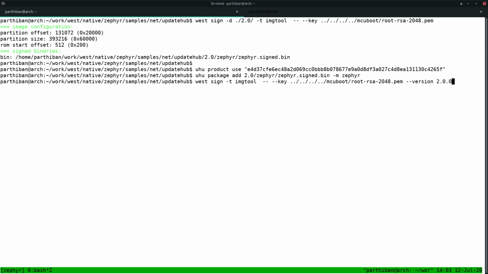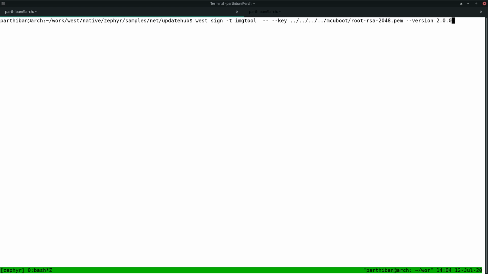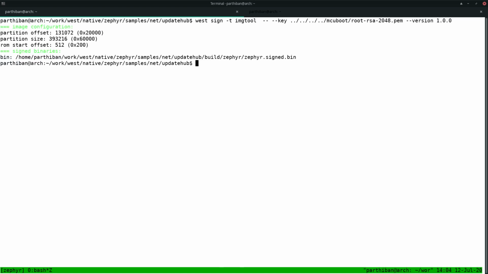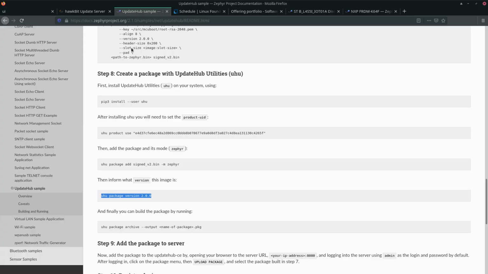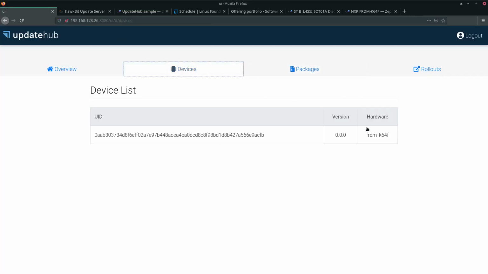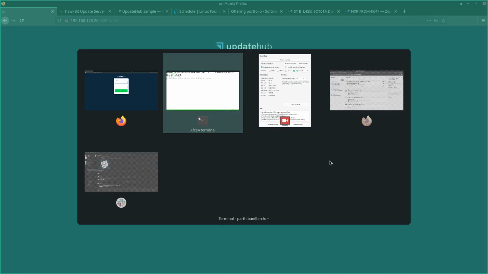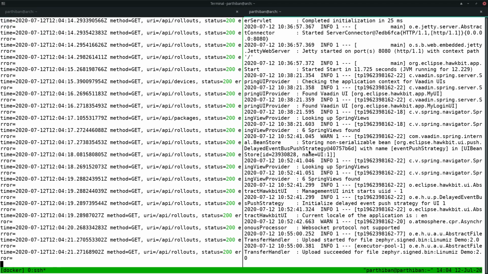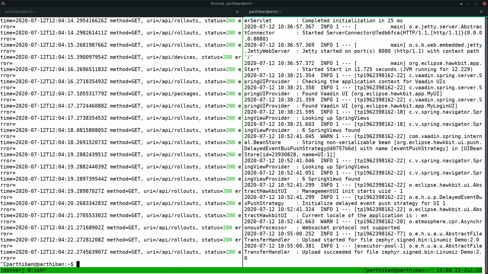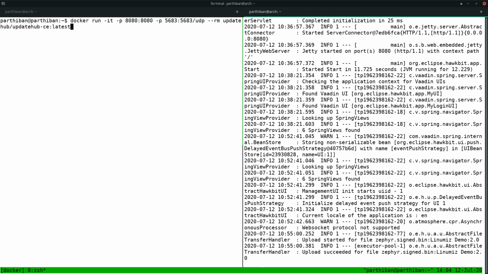This was the earlier mistake during the session as well, and the target went into a reset loop. To avoid this, maybe I can flash the first image with 1.00 as the version, and to make sure of that, I'm just gonna kill this device in the UI by exiting the UpdateHub Docker instance, and then I'm gonna restart the Docker instance here